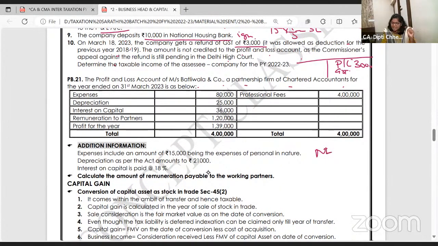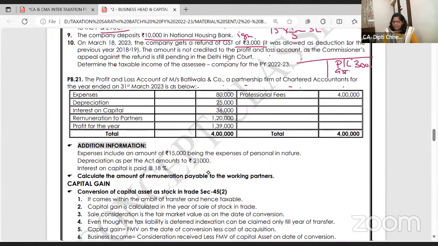See, excuse me. As per books, if there is a net loss, write it in brackets. Bracket is minus. But what is add will be add, and what is less will be less. So this is minus, this is plus. It will automatically come correct. This is a hint I am giving to all of you to solve the problem, because ma'am, sometimes they give a net loss also in the exam.